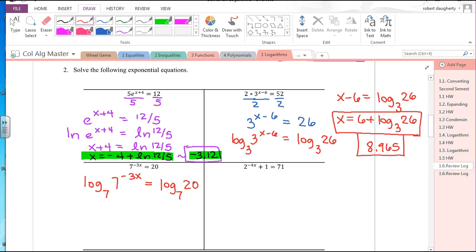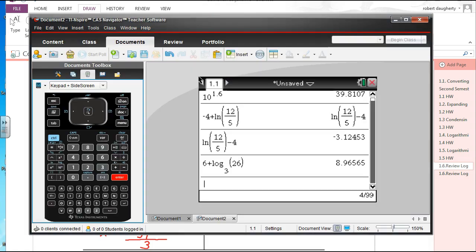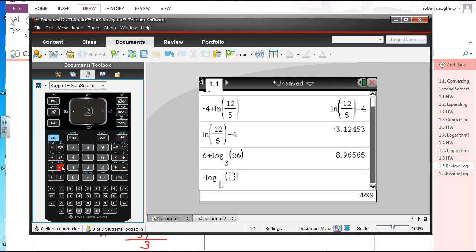The reason I take the log base 7 is on the left. Log base 7 of 7 to the negative 3x is just negative 3x. So to solve this for x, x is equal to the log base 7 of 20 over 3, and there's a negative in front of all of that. That's my exact answer. If you're approximating that, negative log base 7 of 20